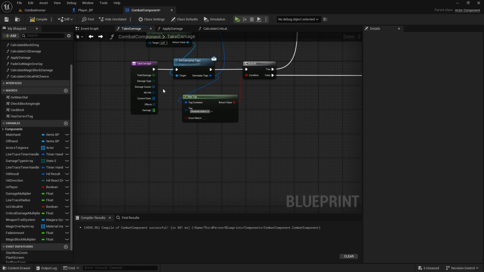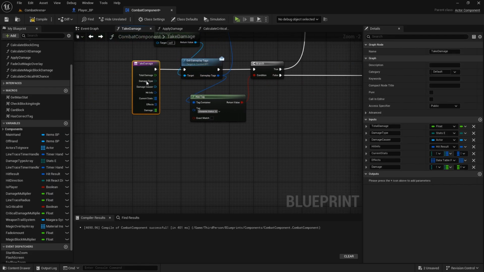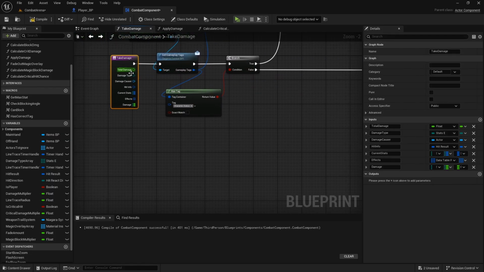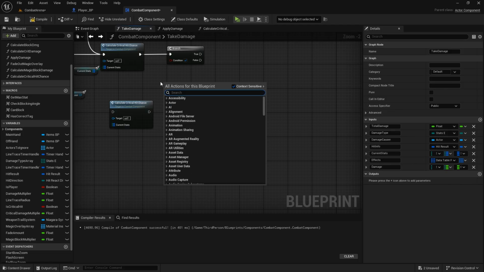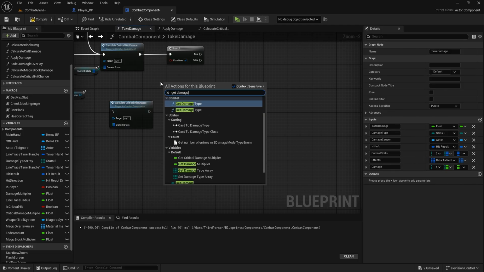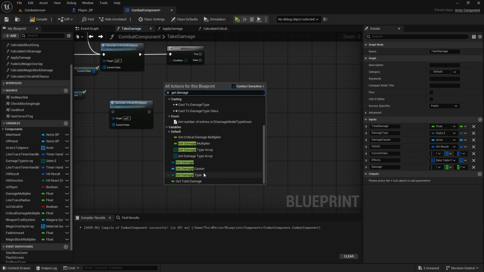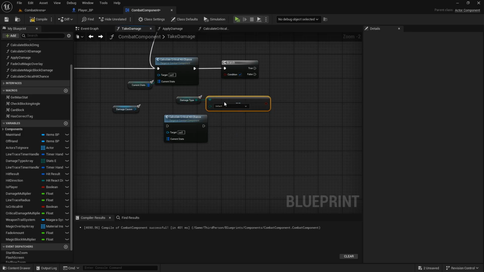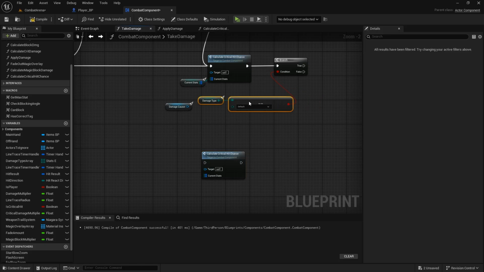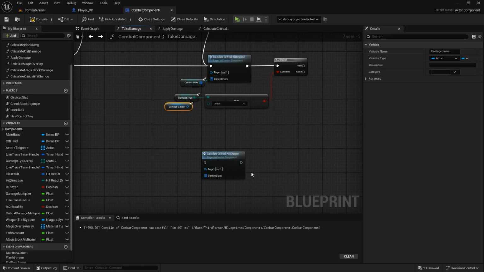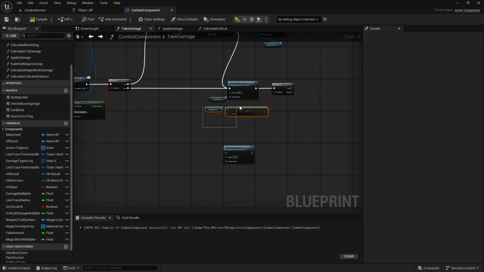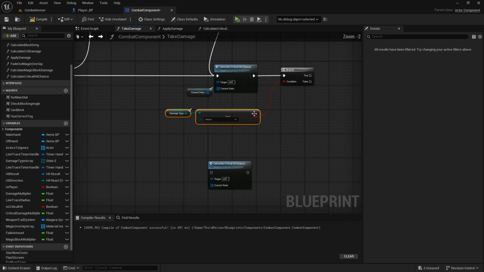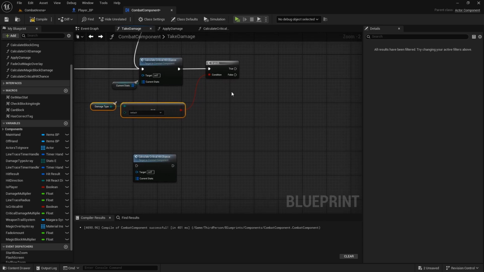So if this damage type, we can get it as variable, this damage type. So get damage type, and if it equals default, just going to continue normally. And if it's not, then we will just do simpler damage calculation function. So now if this is a default,